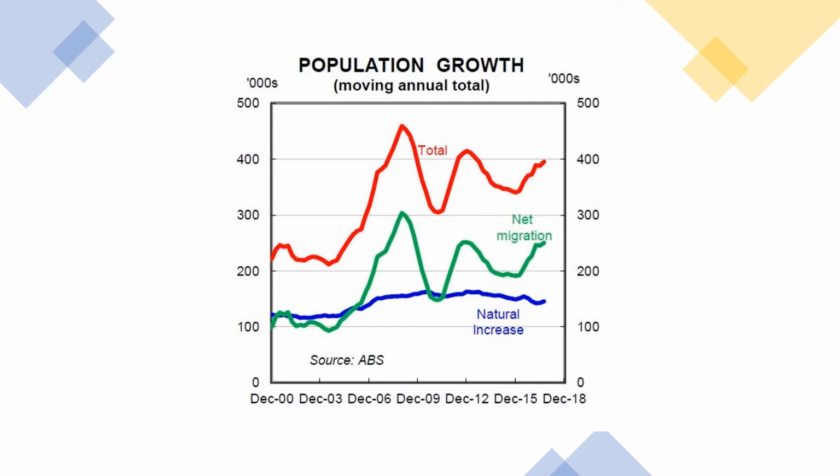The red line is generated by adding the blue and the green together, yeah? And because the blue line natural increase is about the same, it appears that the red and green line are going up and down in sync, which they pretty much are. So the total population growth is mostly affected by migration. Yes, this is possibly me being opinionated, but migration has had huge benefits for Australia, economically and culturally and otherwise.